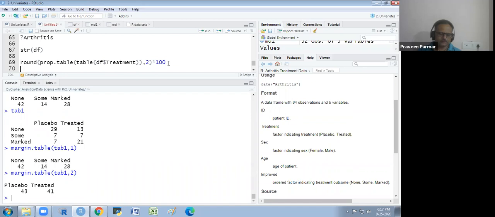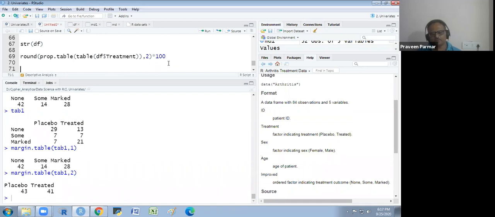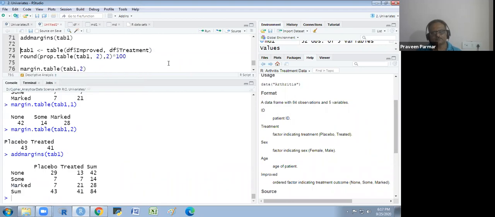I have one more function, the add margins table. I take tab 1. What are you getting here? We are getting the summation of rows and columns both, along with the contingency table.